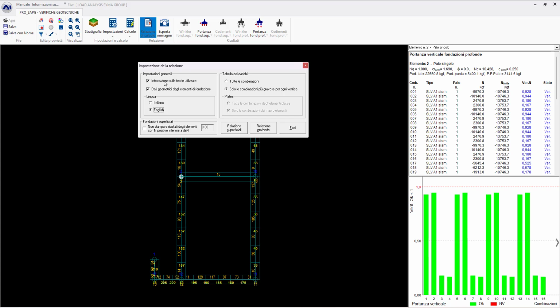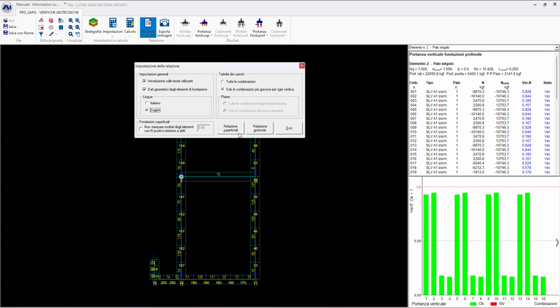And introduzione sulle teorie utilizzate, it means that at the start of the report it reports the theory used for the checks. We're going to see that, and here you can click relazione superficiale, relazioni profonde, in order to create two different reports, one for superficial foundation and one for the deep ones.